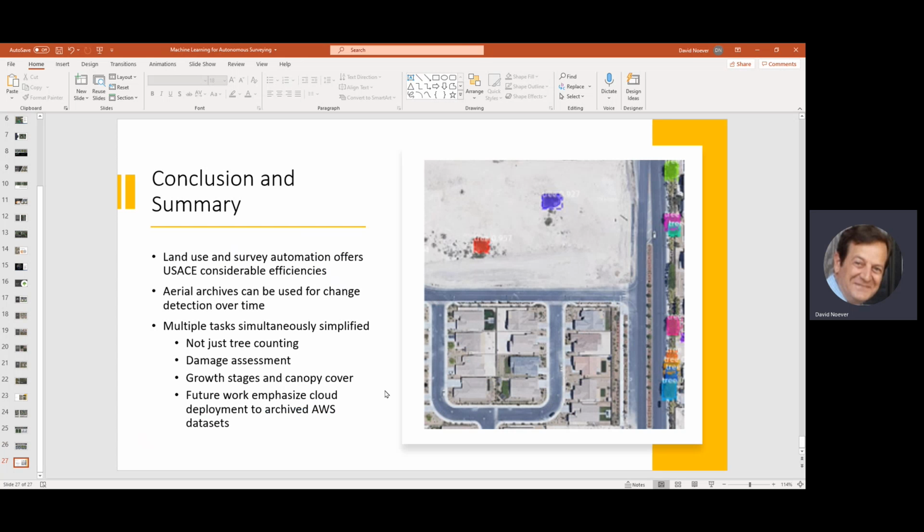So in conclusion, we think land use and survey automation is a promising Corps of Engineers capability. It offers considerable efficiencies. There are large aerial archives that can be used for change detection over time, but also forensically. So it would be interesting to go back, for example, 10 years ago and count and then bring those surveys up to date. I want to emphasize that we're highlighting the tree counting scenario, but there's also damage assessments, growth stages, and of course,